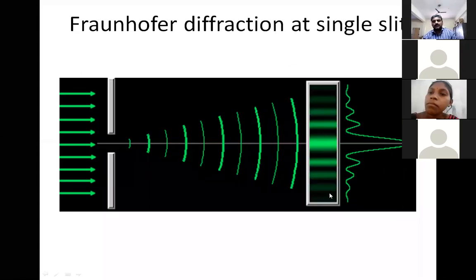See, the diffraction chapter starts with the Fraunhofer single slit. Our syllabus starts from here. So Fraunhofer diffraction due to single slit, double slit, and N slits. We are going to discuss three different cases: due to single slit, due to double slit, and due to N slits. N slit is called diffraction grating. So these three we are going to derive one after the other.